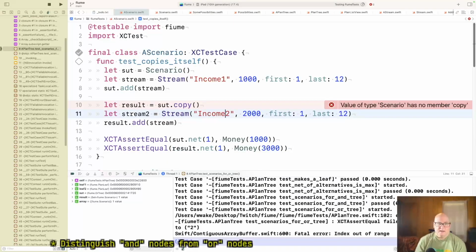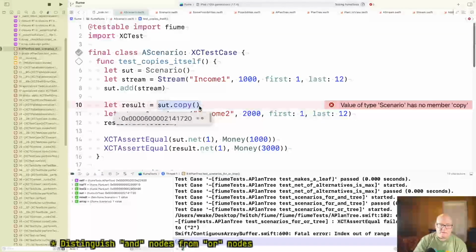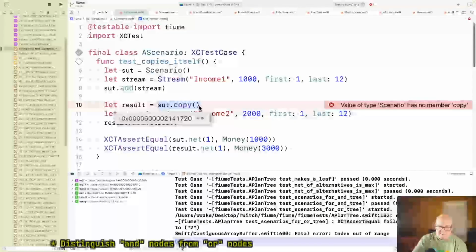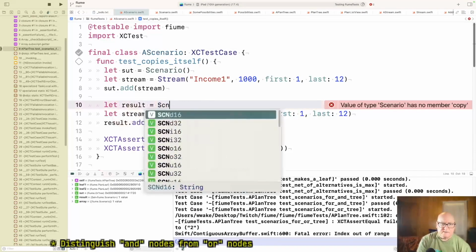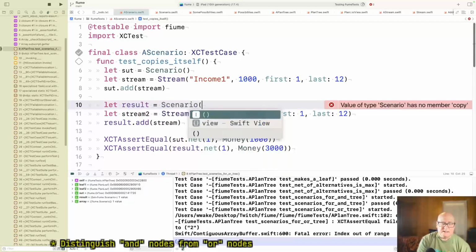Okay. And I don't know whether to make this a constructor or a copy method. I don't know what Swift people do. I mean, I suppose it's initializing. Yeah, let's make a scenario. Give it a second input.